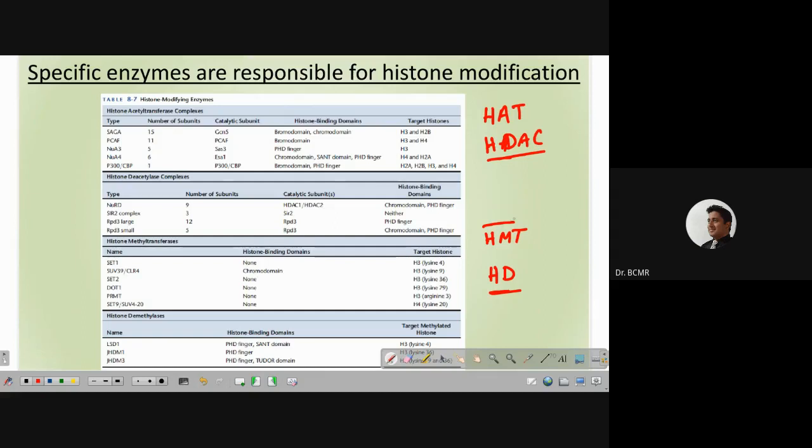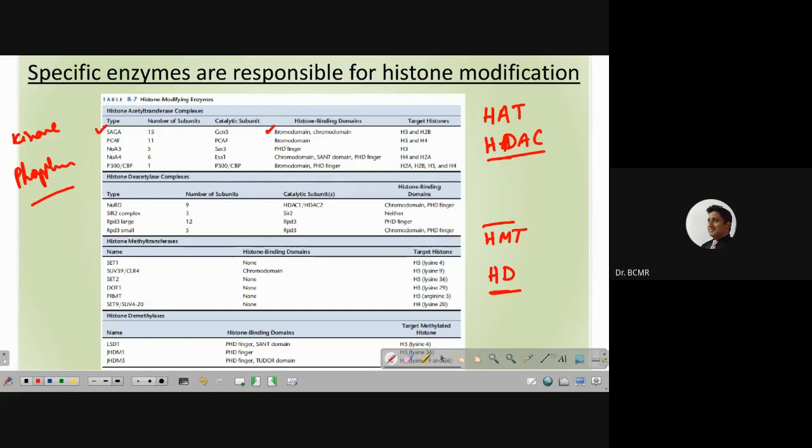Protein kinases will be the ones that are adding the phosphates to the histone tails. For phosphorylation, you have kinases that add the phosphate group, or you have protein phosphorylase, which removes the phosphate group. Okay. So what I want you to remember here is some of the histone acetyl transferases,